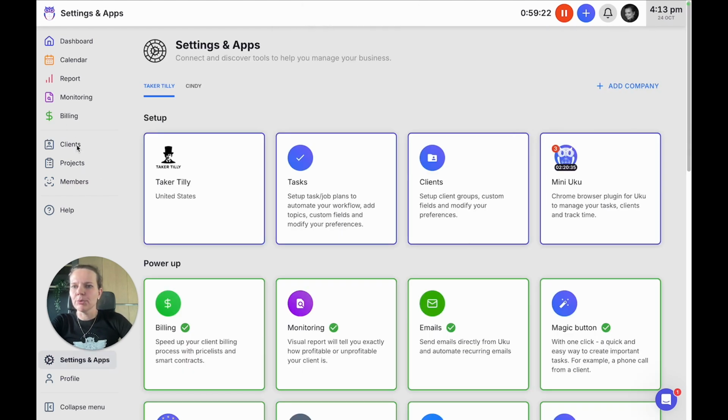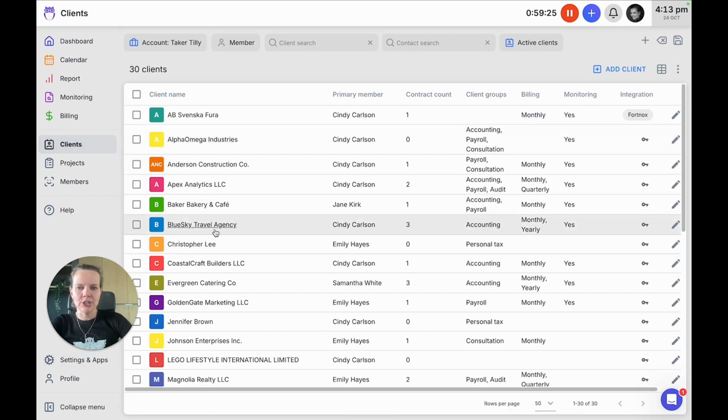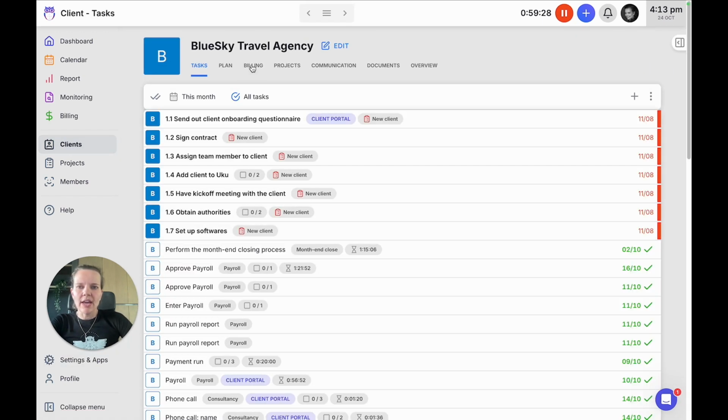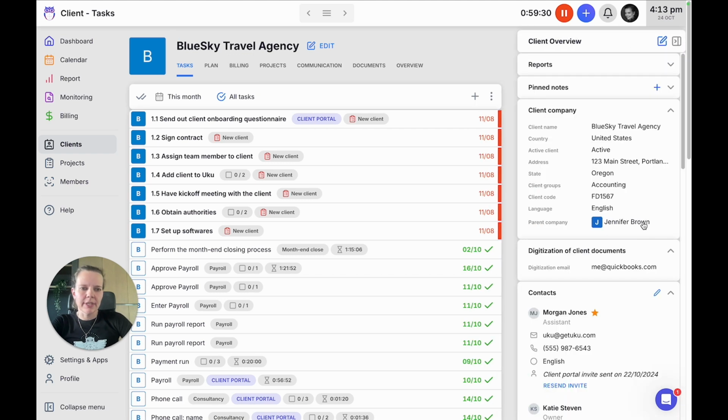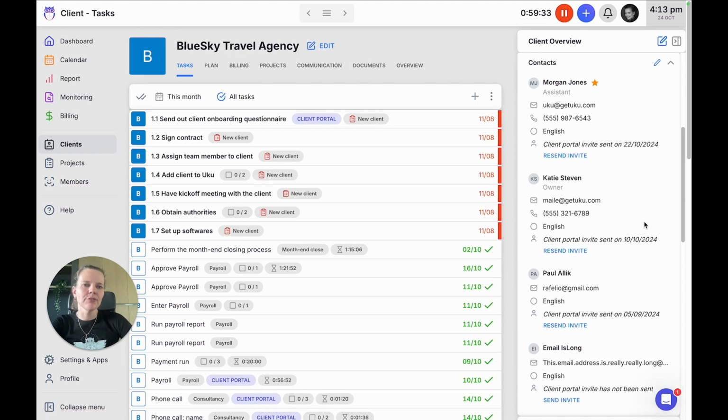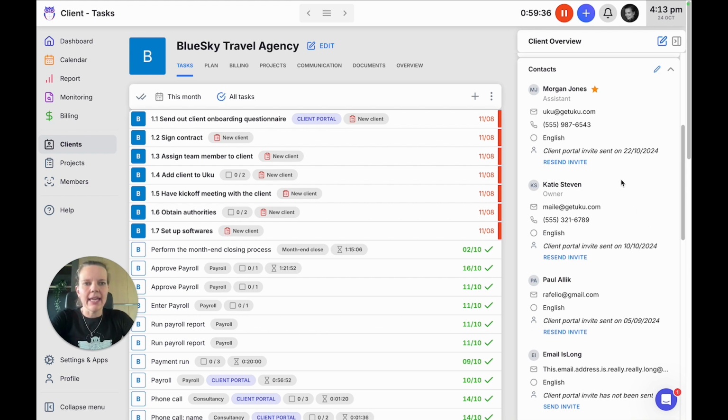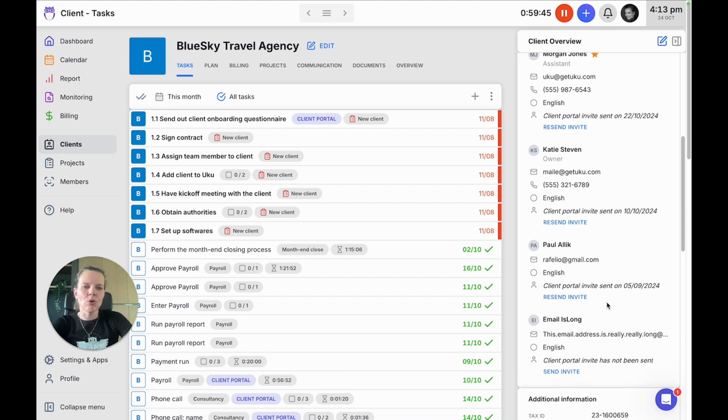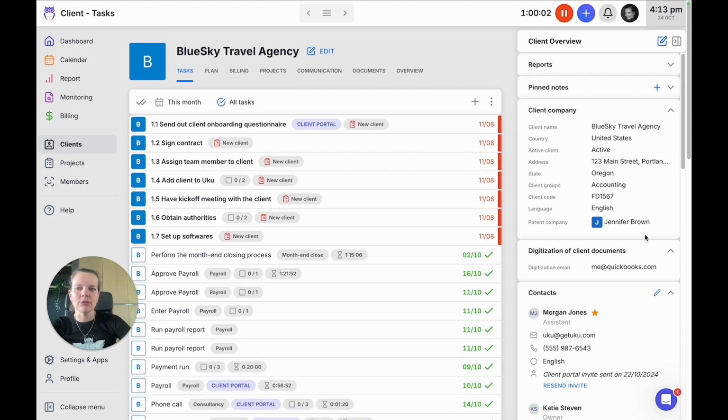Another thing related to the client portal is the invitation. So once you have activated the client portal for your clients, you can decide per contact if you want to invite them to the client portal or not. And now, here on the sidebar, under the contacts part, we have added the option to send out an invite or resend an invite. And you can also see if a client portal invite has been sent to this person at all, and if so, then when. So now it's a lot easier to understand who you have actually already sent an invite to, and where you might want to resend it or just send it out for the first time.